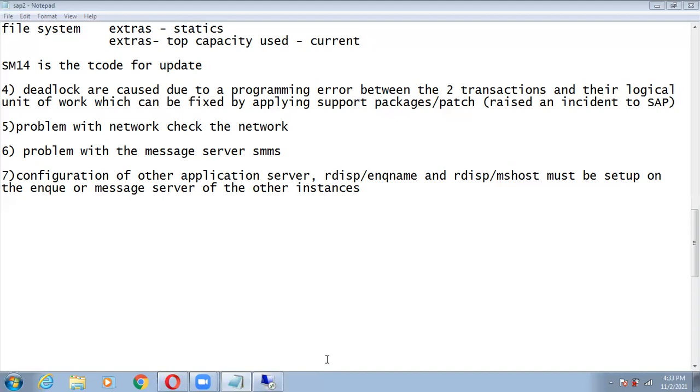And don't try to ever delete the log entries. Instead, kill the user session. Deleting is not recommended. SAP has recommended don't kill the log entries manually. Kill the user session in SM04. Yesterday I showed you, right? And moreover, without any permission, you should not do such kind of things, deleting log entry, killing the user session.